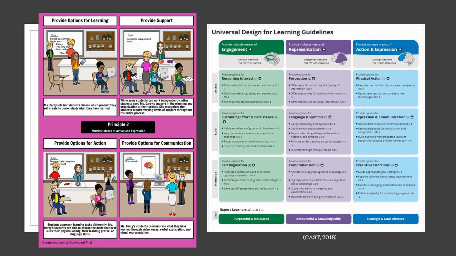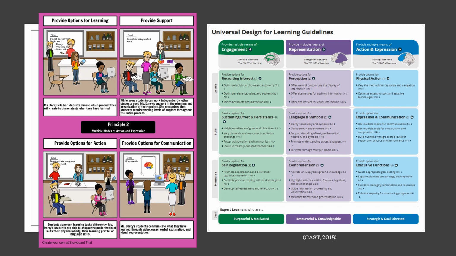So if we go back and think about our options for what a storyboard needs to contain, this would be like the meat or the content of a storyboard. It also, if you think about going back to that other definition of components, right, we're seeing the interactions here, and we're looking at, right, scenarios, we're getting a visual, and we're getting a description all at the same time. So, for example, here, if we look at provide options for action, right, we see that this student